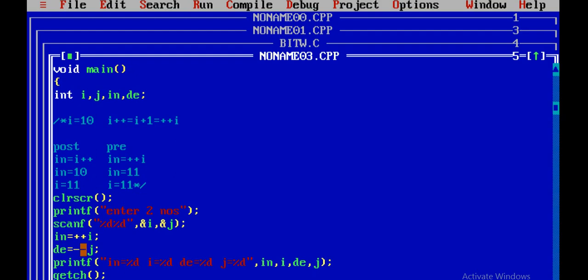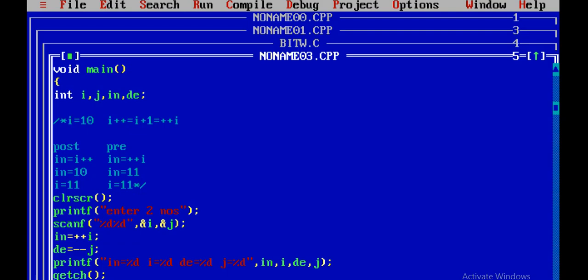Now pre-decrement: first decrease the value of j, 20 becomes 19, now assign it to de. Now I'm compiling the same program again. Check out the results. 10 and 20. Now in is 11, i is 11, de is 19, j is 19. So this is the difference between pre-increment and post-increment, and pre-decrement and post-decrement.